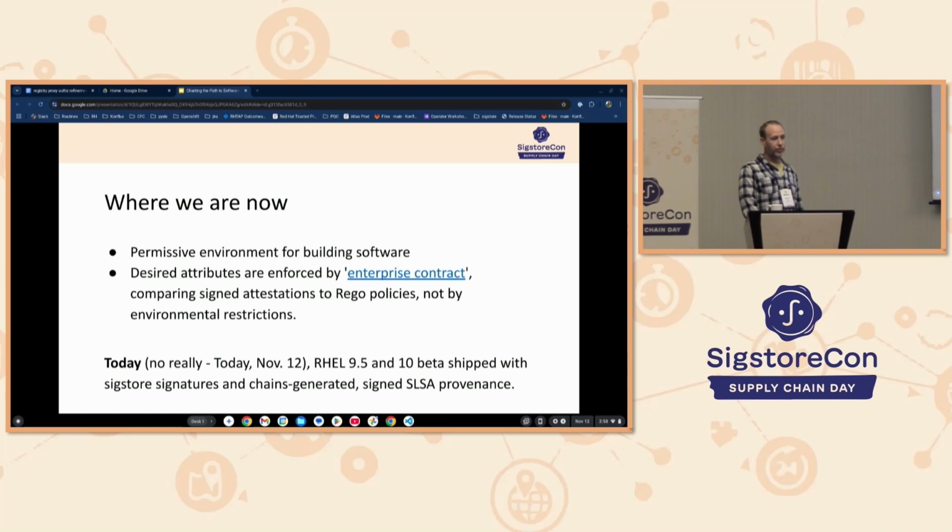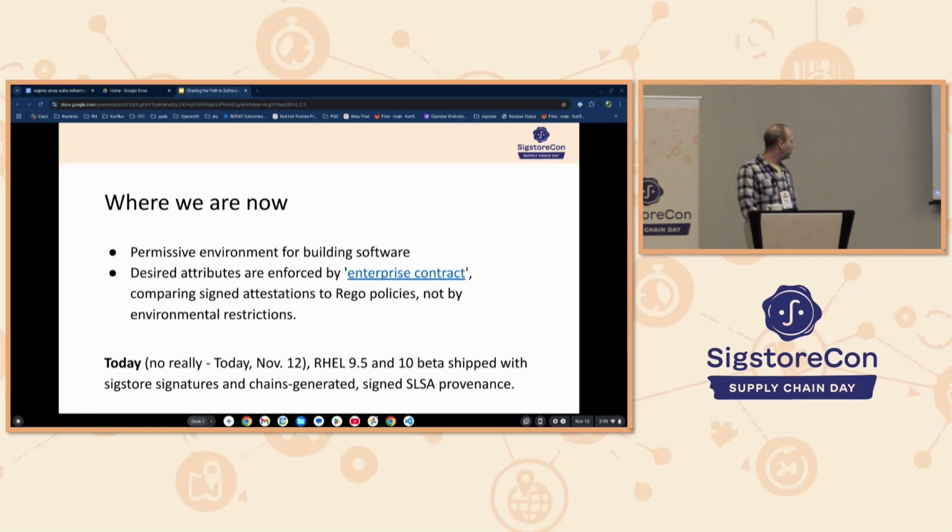You can pretty much do anything you want in our newer software development environments, and that's because we are not making decisions based on sort of fail if you don't comply. We're making decisions based on analyzing the attestations that are produced by Tekton Chains using Enterprise Contract. And we have very detailed Rego policies which describe what artifacts look like which are acceptable and things that make